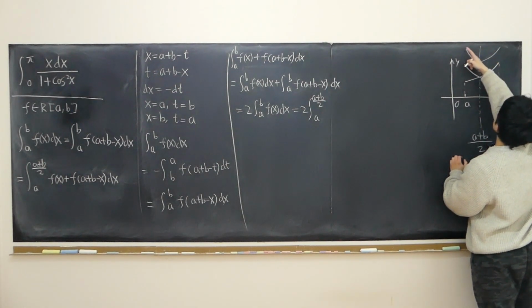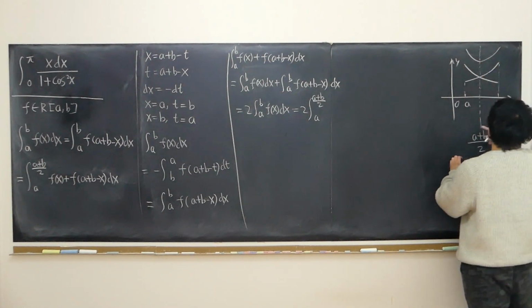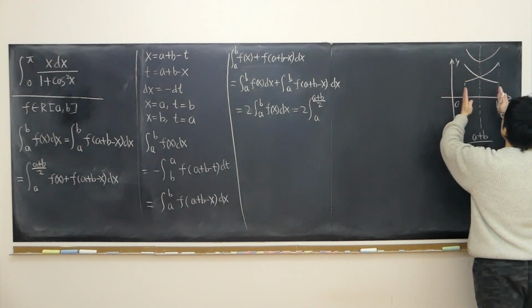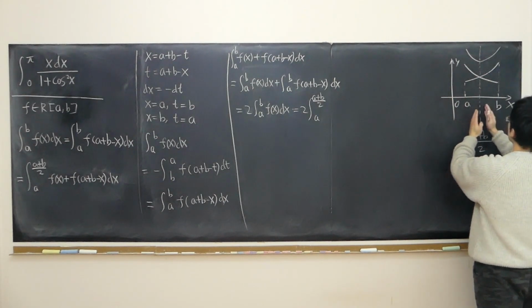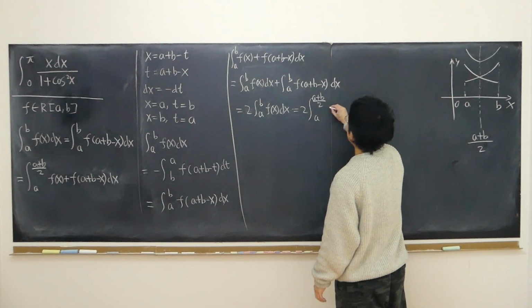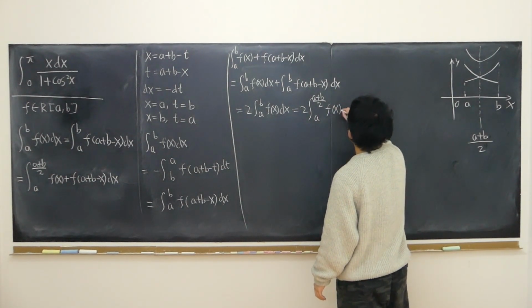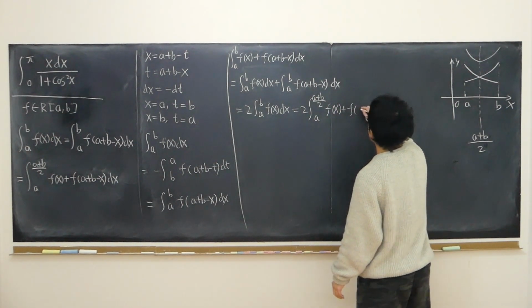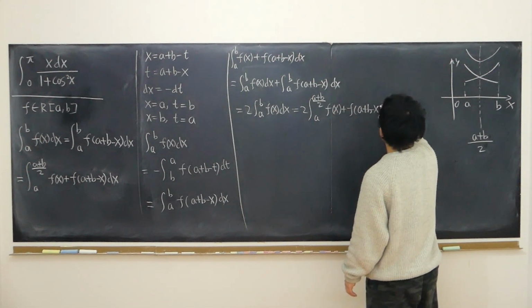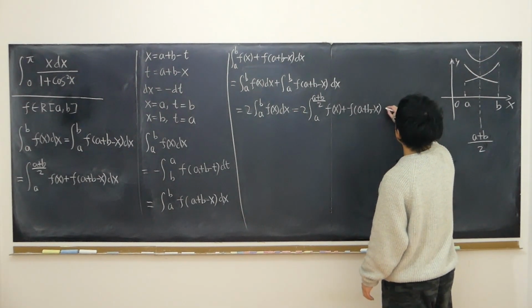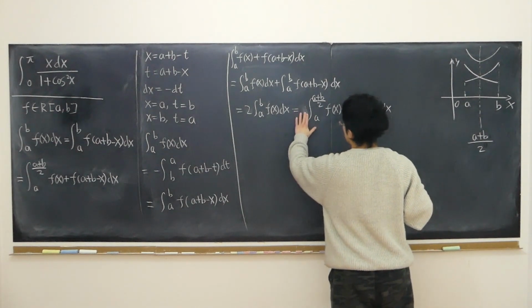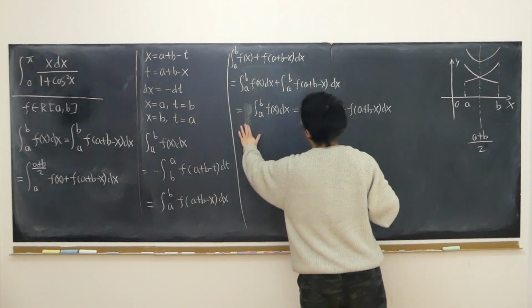So this graph is in fact symmetrical to this line. Therefore, the integral from a to b is easily just a to the middle point, double it. That is the f of x plus f of a plus b minus x dx. And we just cancel out the 2's. So that is easily